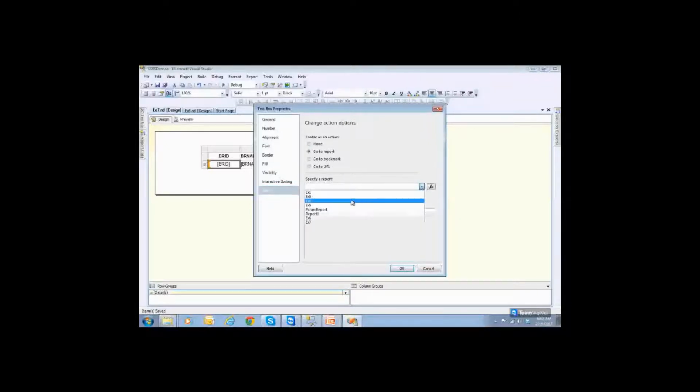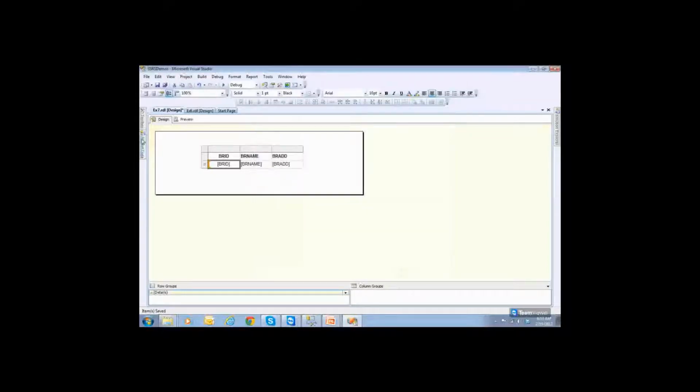Which report do you want to jump to? I would like to jump to exercise number 6, and this will take a parameter. So add a parameter. The parameter would be branch ID. The value BRID will be passed to exercise 6. That's what I'm choosing here. This is very, very important. So click OK. Now save and preview.